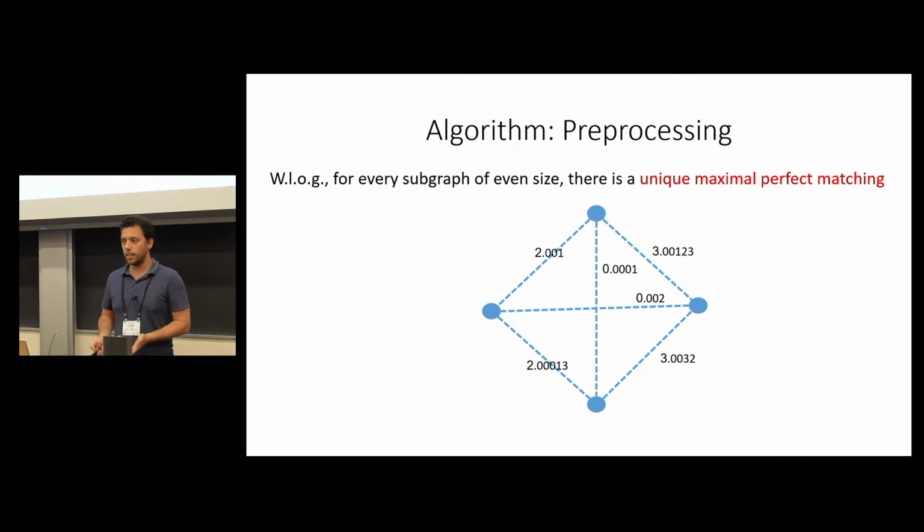And for the uniqueness, what we'll do is perturb all the values by adding a small random variable. And we can simulate it online. If we see some graph, we can imagine that we see the modified graph, and it won't change anything. We can run it and simulate it on the modified graph, and the results will be the same. And we don't change the offline optimum except for the perturbation, which is negligible.